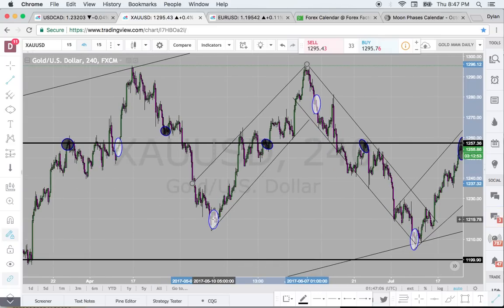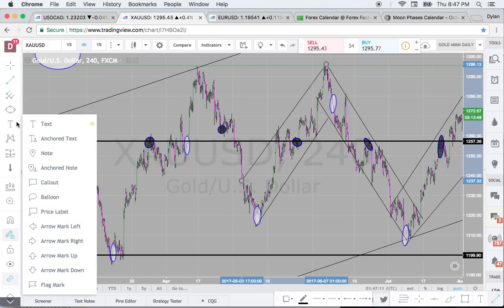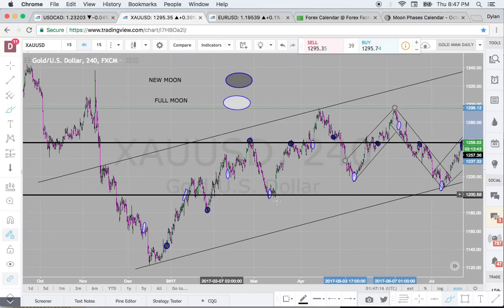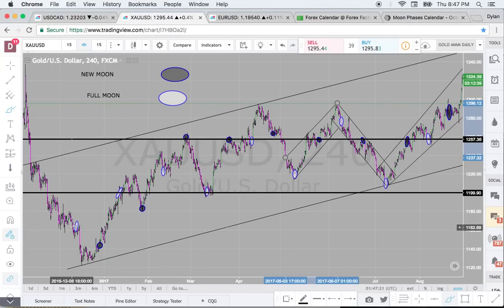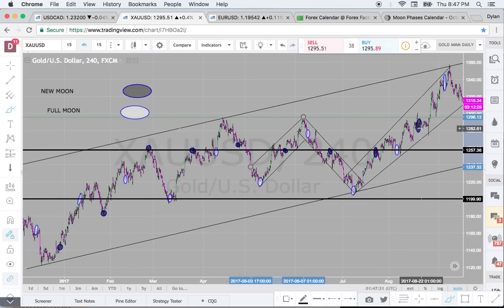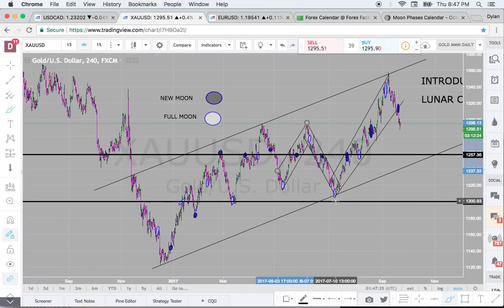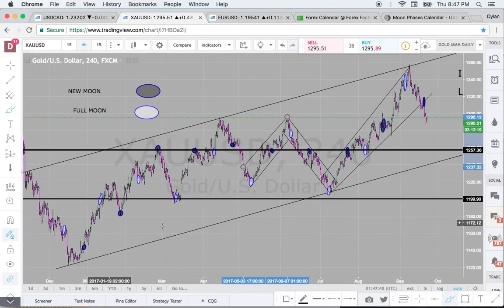To me, looking at this, out of all the moon cycles we looked at here, how many did we look at? 1, 2, 3, 4, 5, 6, 7, 8, 9, 10, 11, 12, 13, 14, 15, 16, 17, 18, 19, 20. I believe that was 20. Out of 20 lunar cycles,